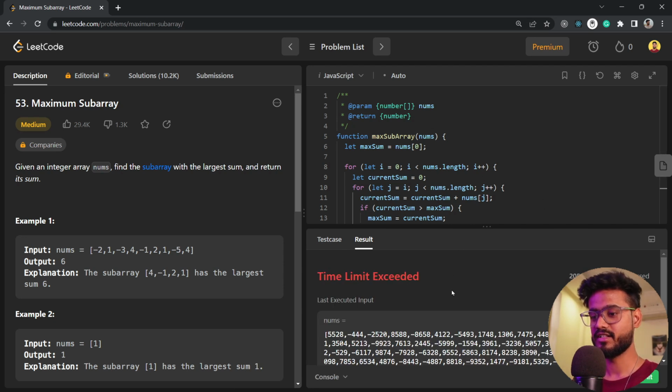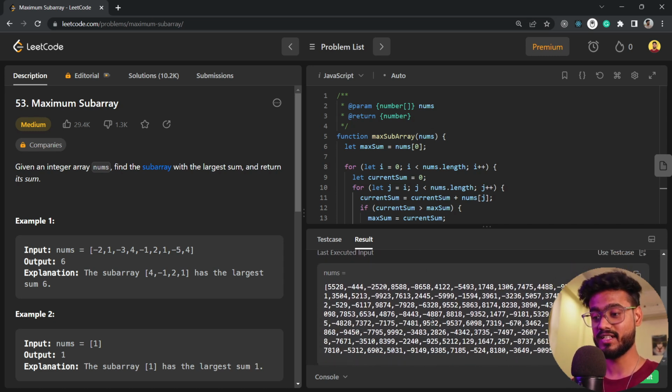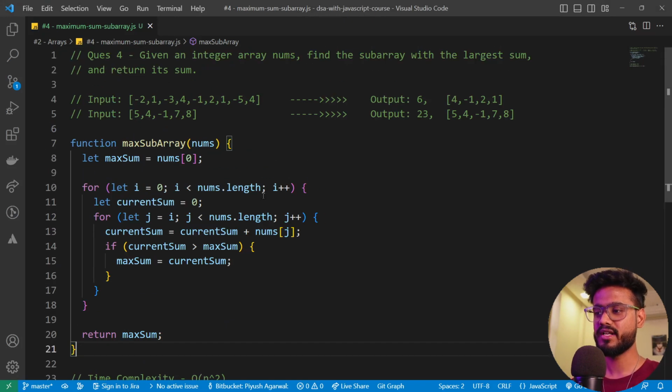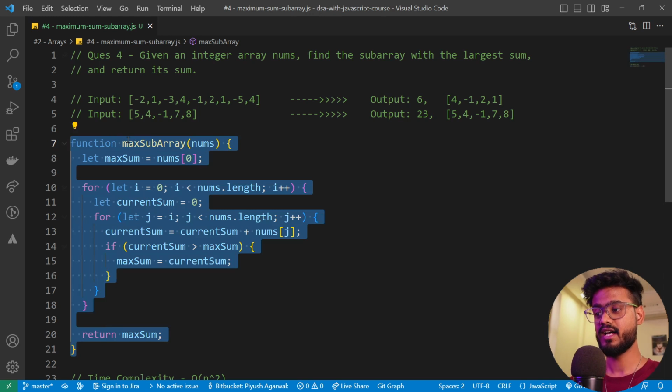Oh my god, this is a really bad algorithm. That time limit has itself exceeded, and it was not able to calculate all of the test cases for this algorithm. But no worries, we're gonna find a better solution for this algorithm soon. But before that, what if the interviewer asks you a follow-up question on this algorithm itself, and he asks you, okay,